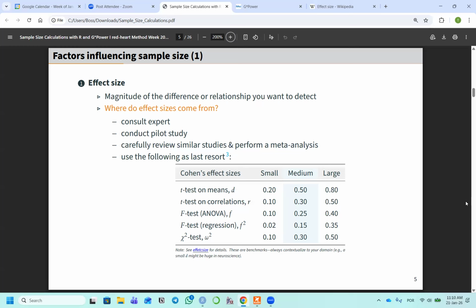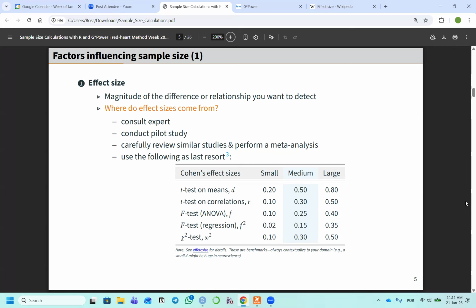The first one is you should get an expert opinion, if somebody is around and knows in detail about the subject matter. Yeah, we can get that number from that person. That's good. Again, if you have enough time and enough funds, you can also conduct a pilot study, and from that we can estimate some number and use it as an effect size. Otherwise, you can rely on existing studies and conduct some meta-analysis, and from that, the summary statistics can be used as an effect size. So finally, if you have no option,